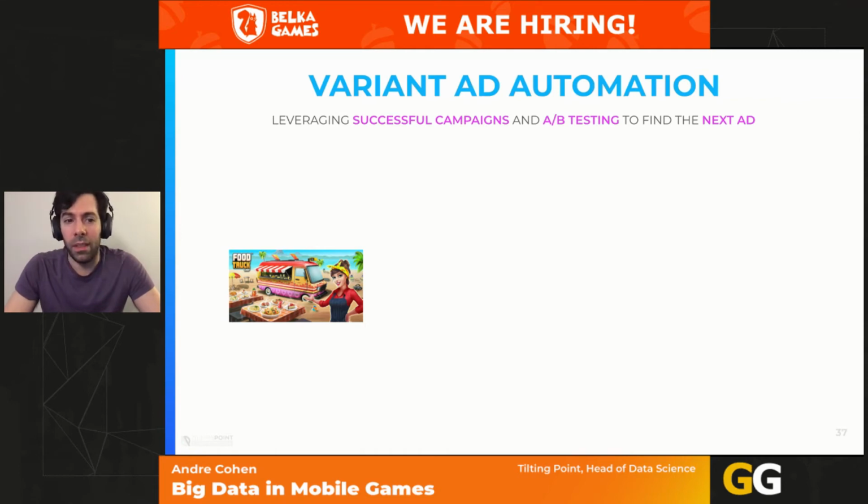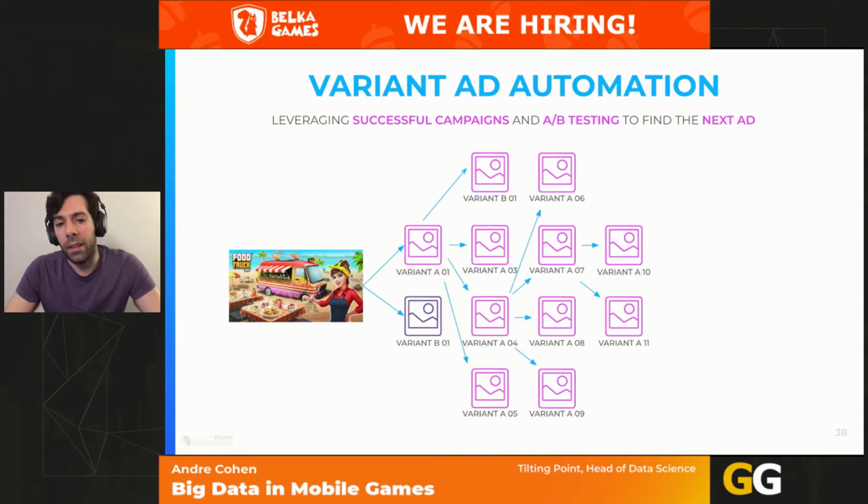So when you start with a creative with a couple of different assets, like a background and a main character, what is that journey of optimization that we can automate? Because we're dealing with just swapping different things, right? Colors of buttons, the call to action, the text, right? What is the video player, the footage that we play in the video for demoing the game,